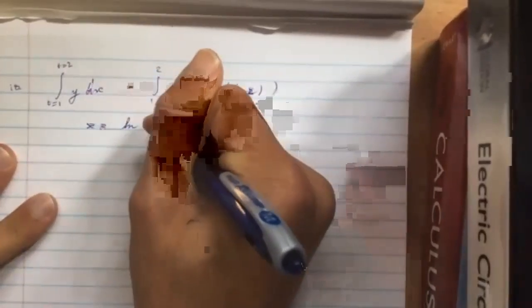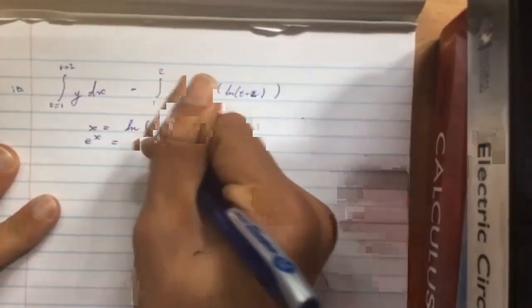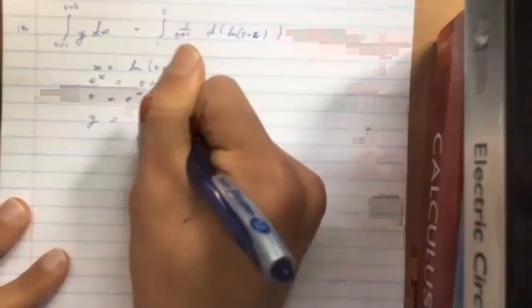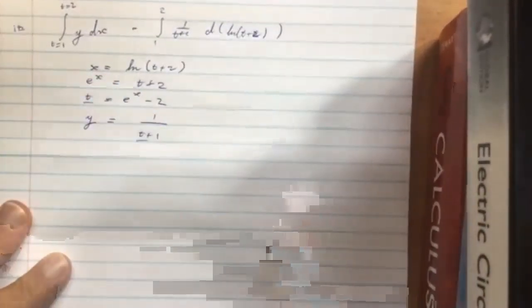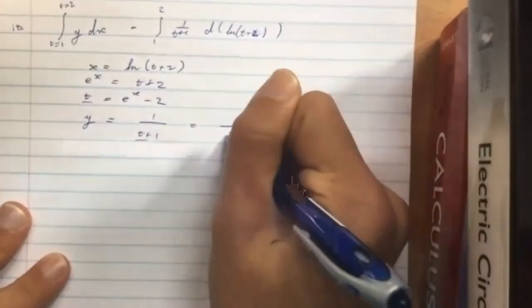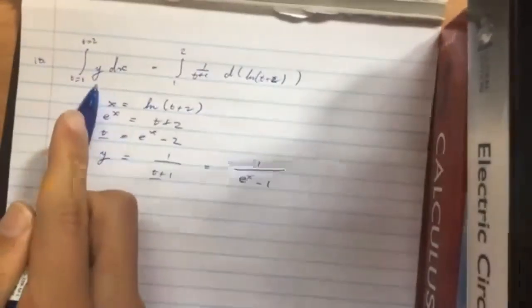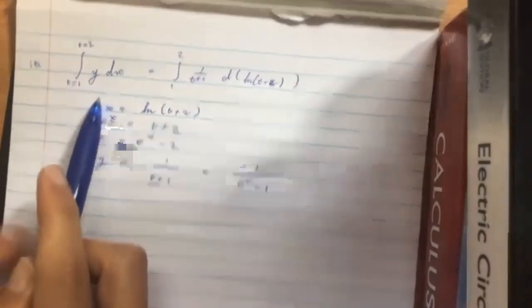We're given that x is ln of t plus 2, which is the same as saying that e to the x is just t plus 2. So t is e to the x minus 2. Okay, and we're given that y is 1 over t plus 1, but we know what t is in terms of x, so if we plug that in, we get 1 over e to the x minus 1. Okay, so going back to what we originally had to find, we now have y completely in terms of x,